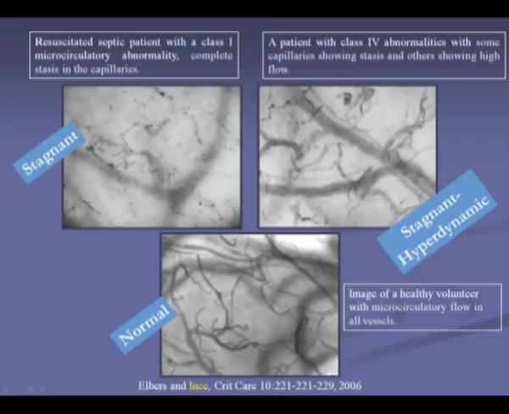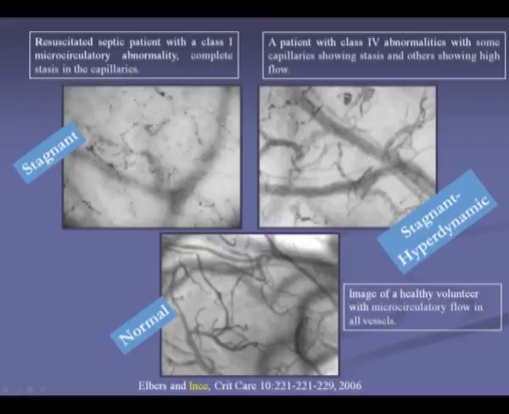So here's a normal pattern where you can see arterioles and you can see veins and you can see things flowing very nicely. Here's a pattern that he calls stagnant. When you look at the difference between these two, you can see that there's almost nothing in the arterioles. You can see the veins and they look like they're large, and that would imply that things aren't moving very well. And then there are states where you get both a stagnant response in enlarged venules and some arterioles and capillaries that don't fill at all, but some that are actually moving very quickly.